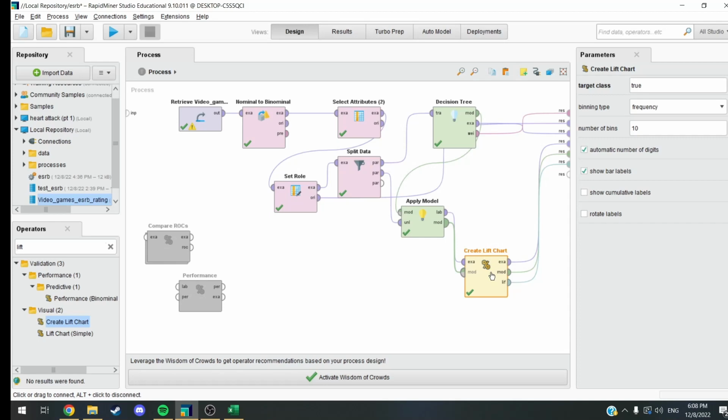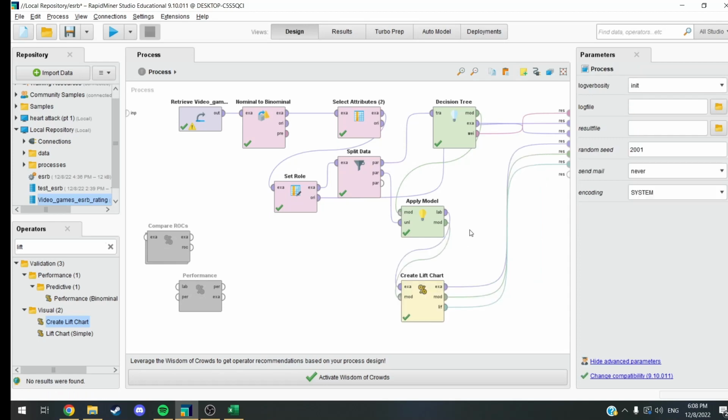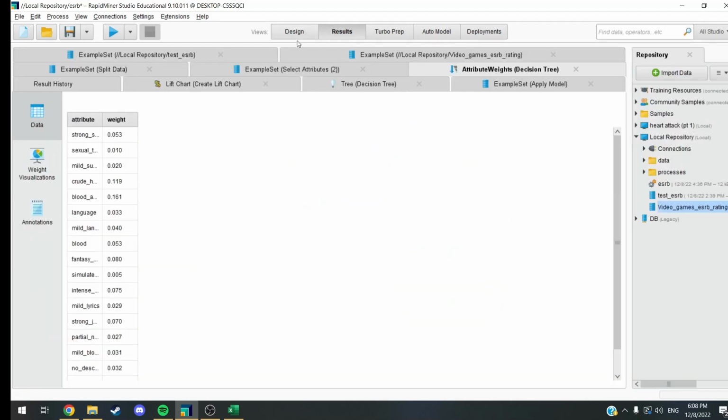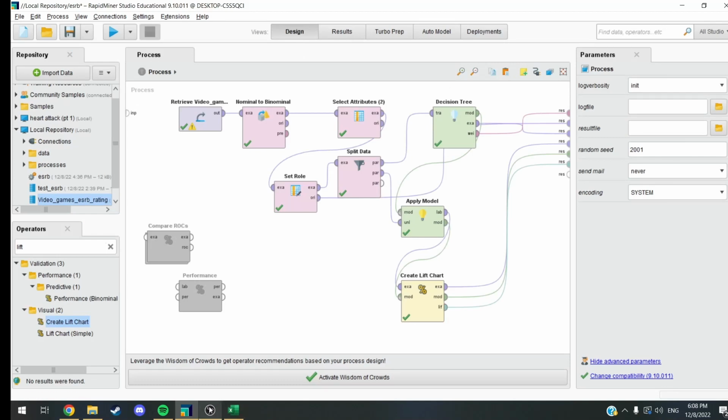Yeah, that's what the lift chart does, and it's important to note whether or not the rating of the game. This is just the model that determines the rating of the game, and it's important to look at that to see what maybe went wrong with the data and kind of understand how the data got to where it is. So let me swap back to the presentation real quick.